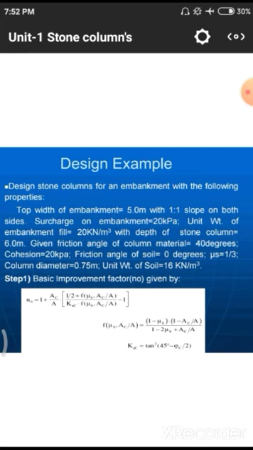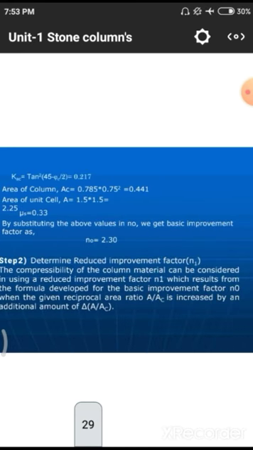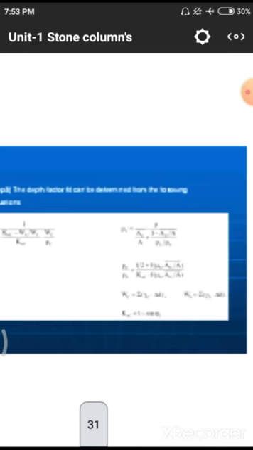Friction angle is 40 degrees, cohesion 20 kPa. Friction angle of the soil is 0 degrees. Poisson ratio is 1/3, that means 0.33, and column diameter is 0.75 meters, that means nearly 2 feet. 2 feet means 24 inches likely, and unit weight of the soil is 16 kilonewton per cubic meter. By using this formula, n equal to 1 plus Ac by A into 1 by 2 plus f, where f is the friction angle, mu s, Ac by A, that means area of column by total area. We will obtain these formulas. This is the calculating procedure.